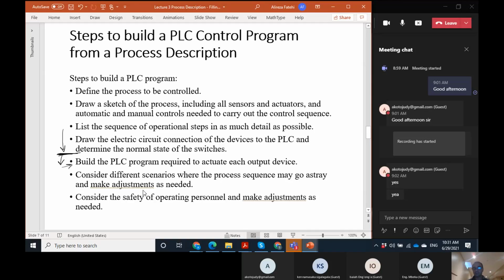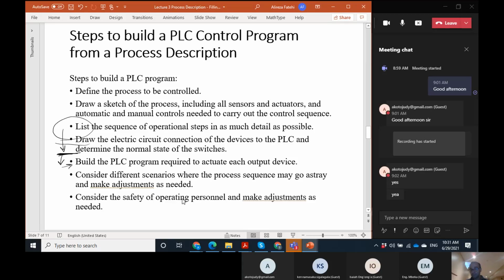And this is very difficult, because in a small scale plant that's fine, but in a larger scale plant, lots of scenarios might happen. And this is the responsibility of the control engineer to check that. And if, according to that scenario, something expected or written in the sequence control or the process description